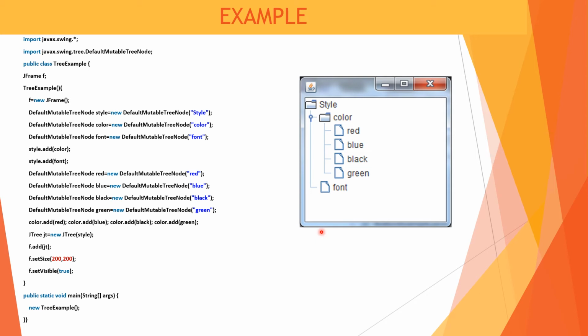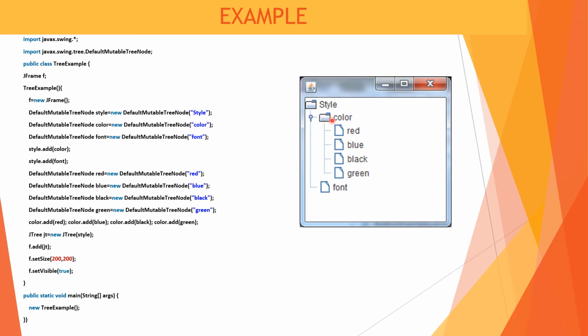It may be helpful in different types of applications in the software industry, where the style is the root of this example, and the different colors and fonts are the different styles, and you can also specify a new style, that is a font size. The font size may contain different font sizes, for example 8, 9, 10, 11, 12, like this. In this example we have just specified the different colors, that is red, blue, black and green.